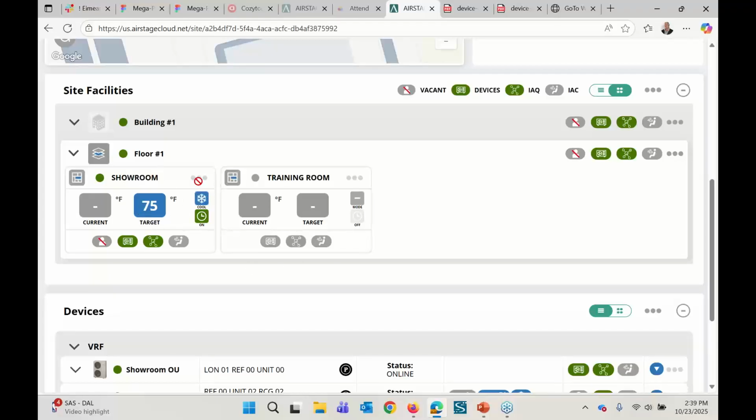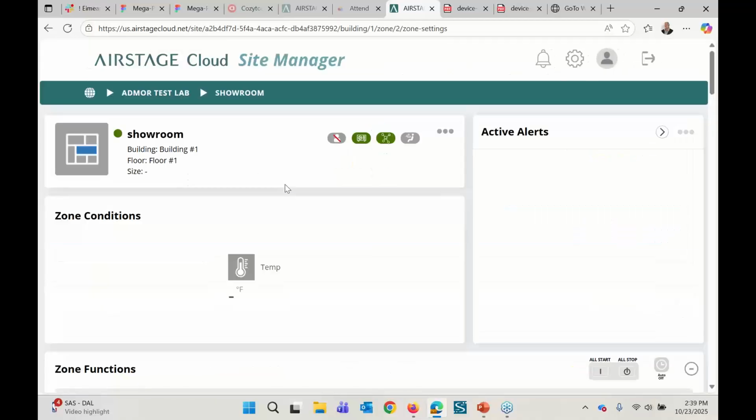So what do we see when we're in here? Well, right now we can look at the actual temperature in the space. We can look at what the set point is. We can see that the system is in cooling. All of the icons down at the bottom are in green. That means we have no errors, and this site is on a schedule. So if we hop into the showroom,